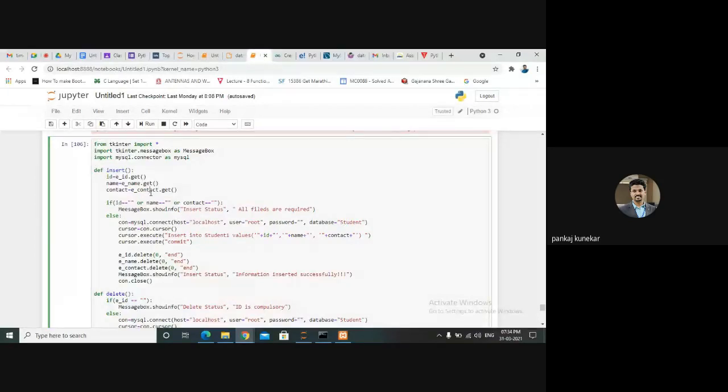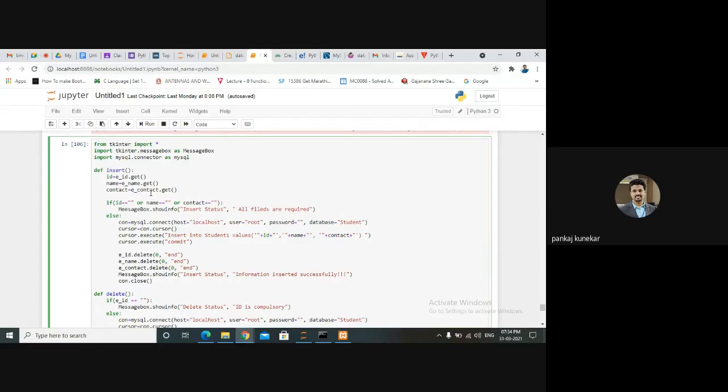So what are the requirements we want for database connectivity? You should be clear with DBMS concepts, like how we can execute queries and what queries we have. You should know insert, delete, update, and select. These are the four SQL statements available whenever we deal with database connection.